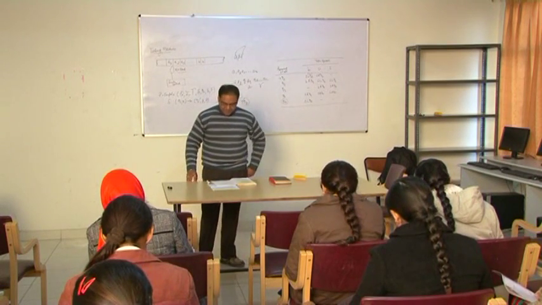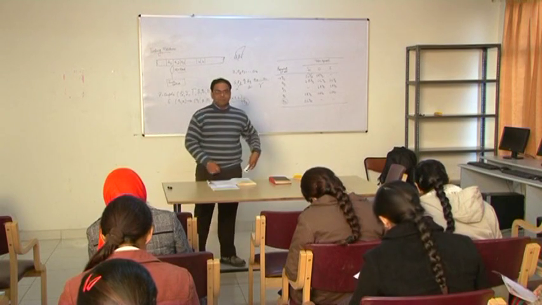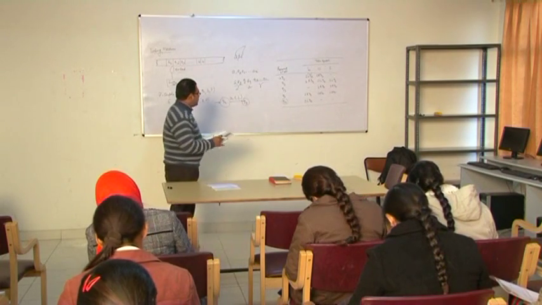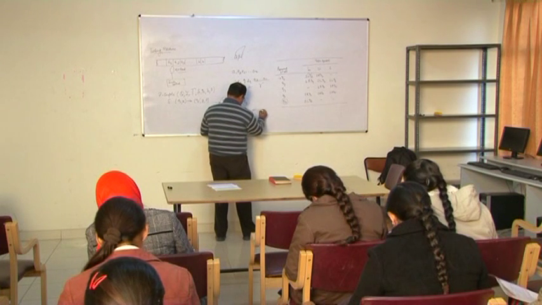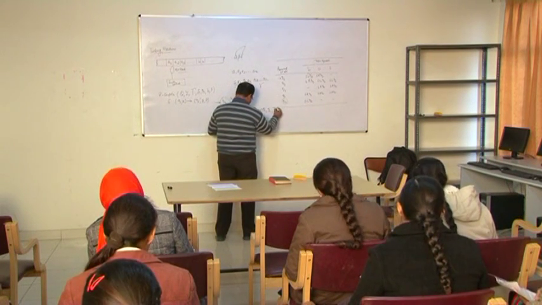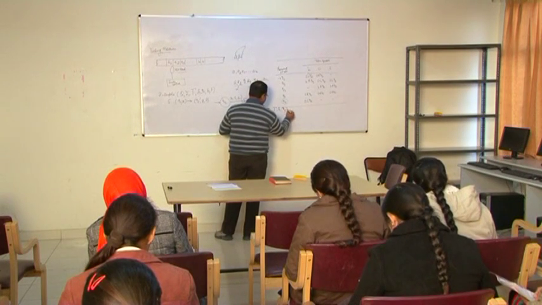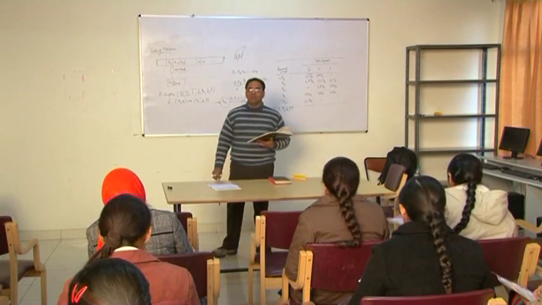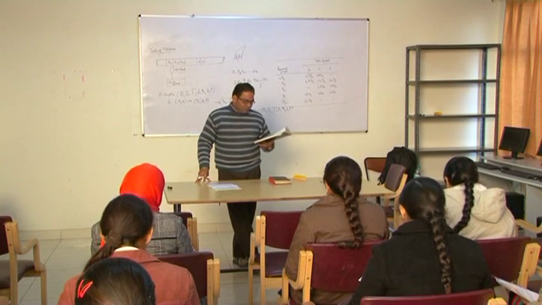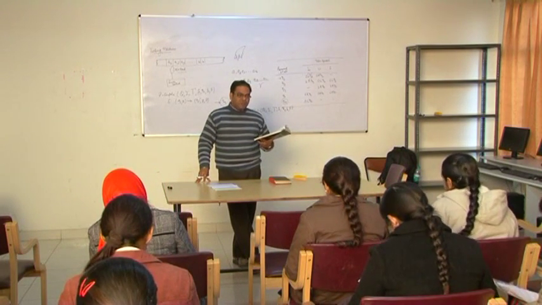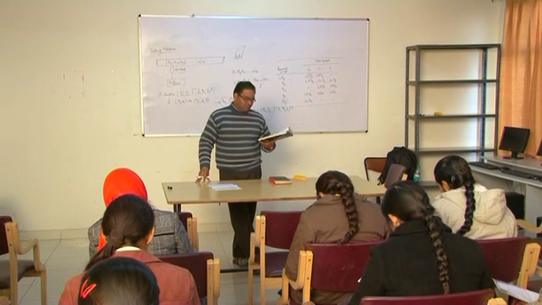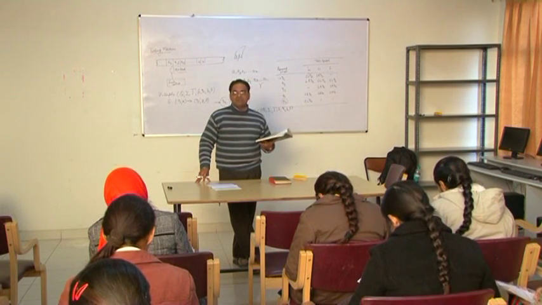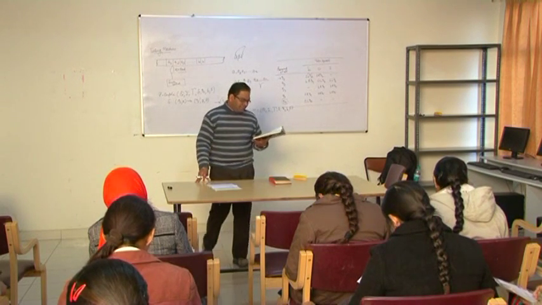Let us consider the Turing machine capital M equal to Q, sigma, tau, delta, Q naught, B and capital F. A string small w in sigma star is said to be accepted by capital M if